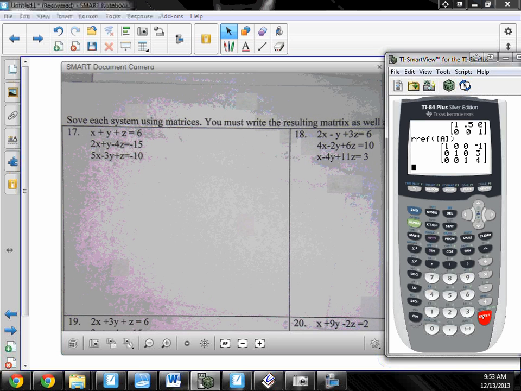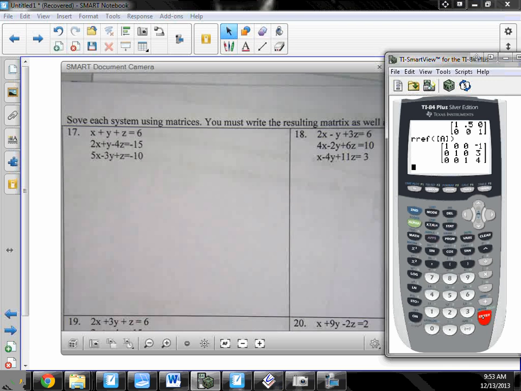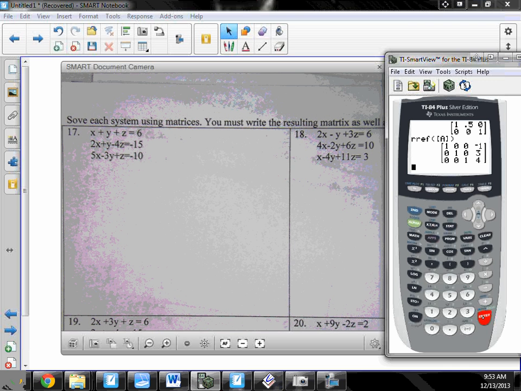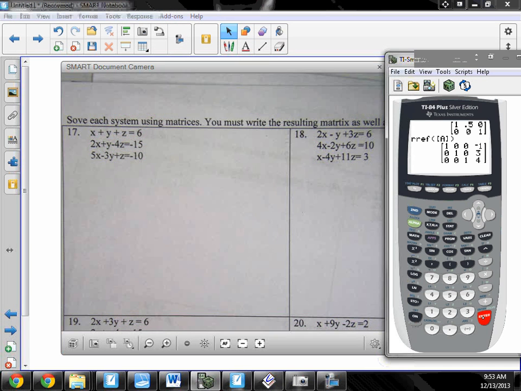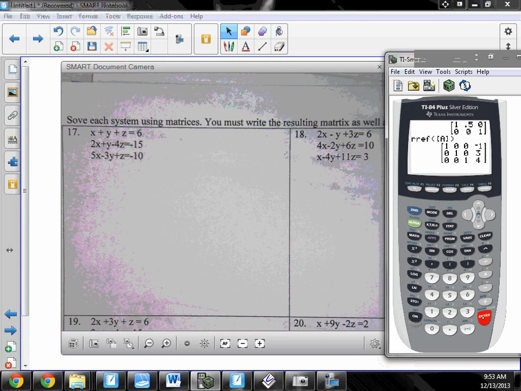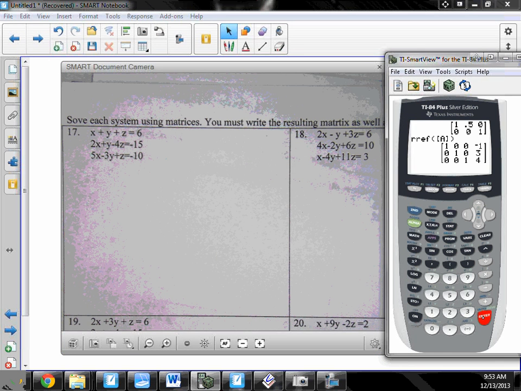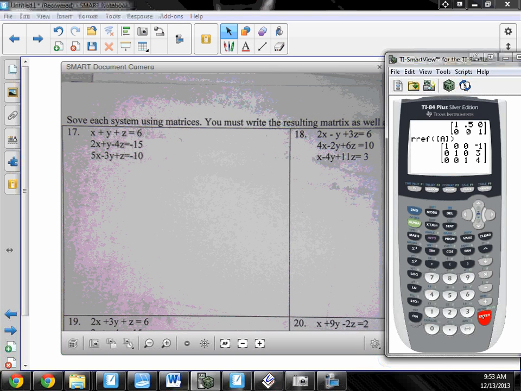And have you noticed I haven't actually been typing in RREF anymore? Well, if the last thing you did was RREF, all you have to do is hit equals, and it will recalculate it with the new matrix. You should just be able to push enter and it will work. Now, if whatever you entered last was like 6 plus 2, then you got to go back in and find